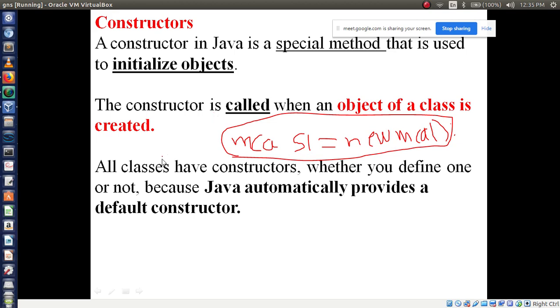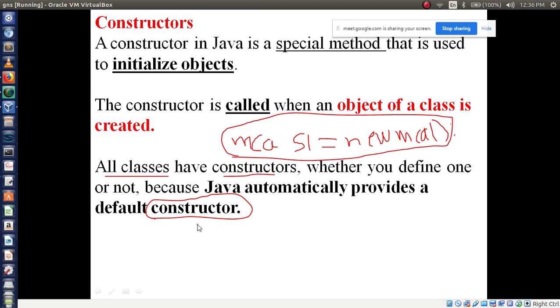Okay, all classes have constructors. Remember, class ABC, class EITM, class MCA, like that you were writing in previous examples, right? All classes have constructors whether you define one or not, because Java automatically provides a default constructor. If you write a constructor, okay, no problem.